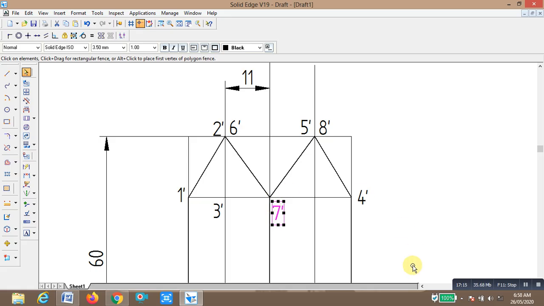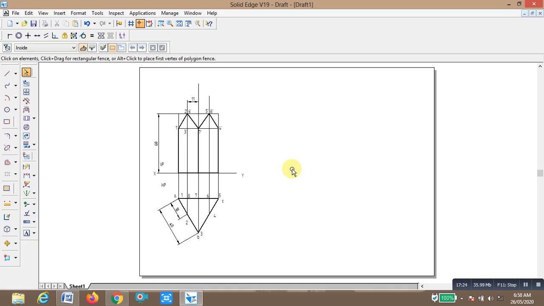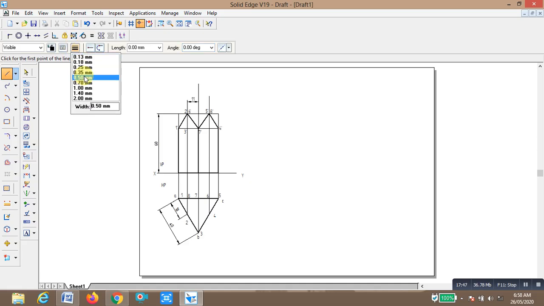Once we have these front and top views, the next part is to draw the development. So this is the equilateral triangular prism. First we have to select the length. This has 3 sides, so one side is 40 mm. The total length required for the development of the lateral surface is 120 mm, because 40 plus 40 is 80, plus 40 is 120. You select 120. So from this, 120, enter.